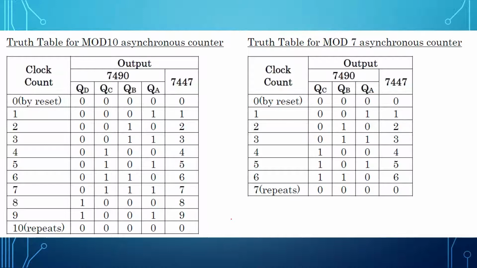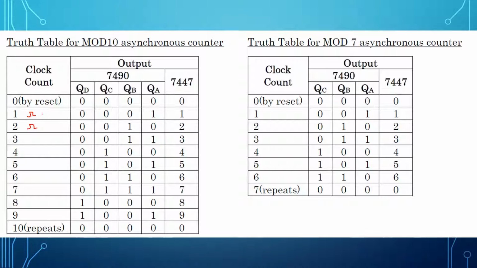Moving on to the truth table. This truth table will explain the counters you are going to design. Let's say this is your clock input. You can indicate it by clock input 1, or by a clock pulse also. When no clock input is applied to the counter IC, or to the flip-flops which make up the counter, your output will be 0. This QD, QC, QB and QA is the output. So this will be displaying 0.